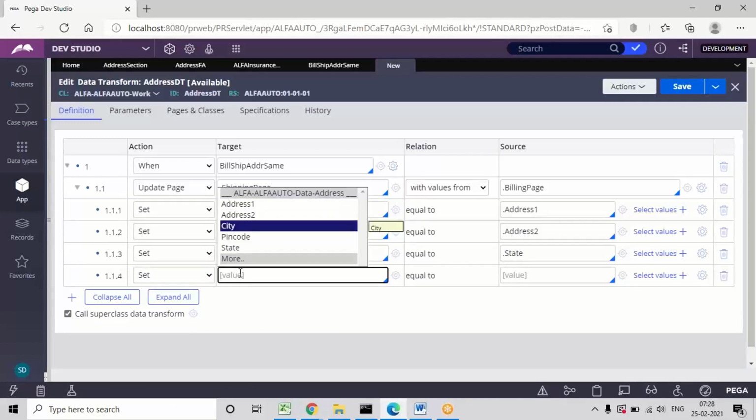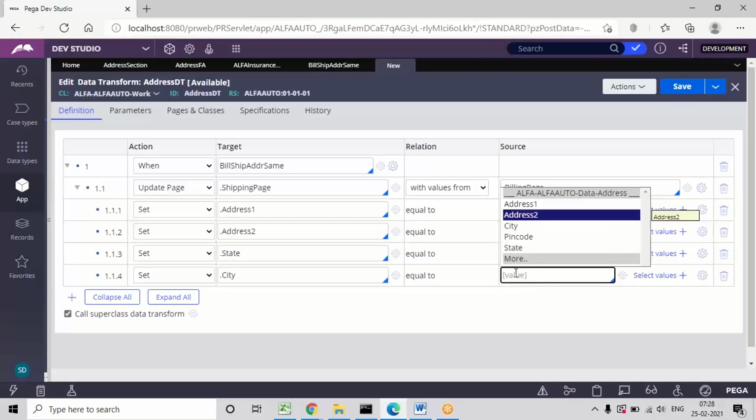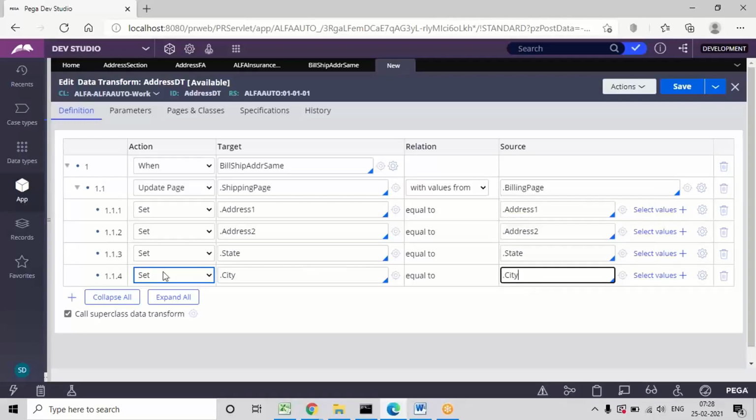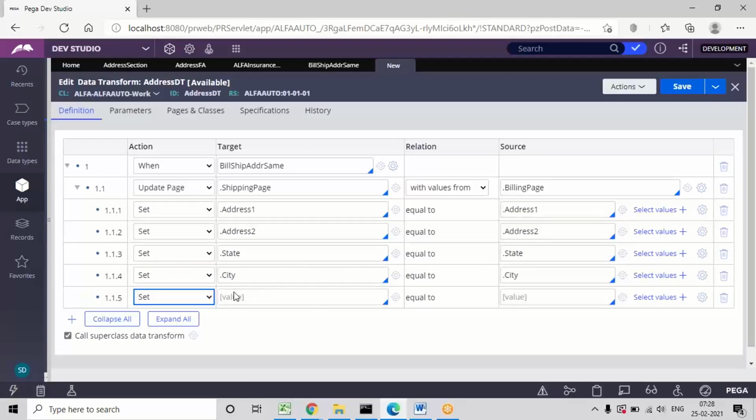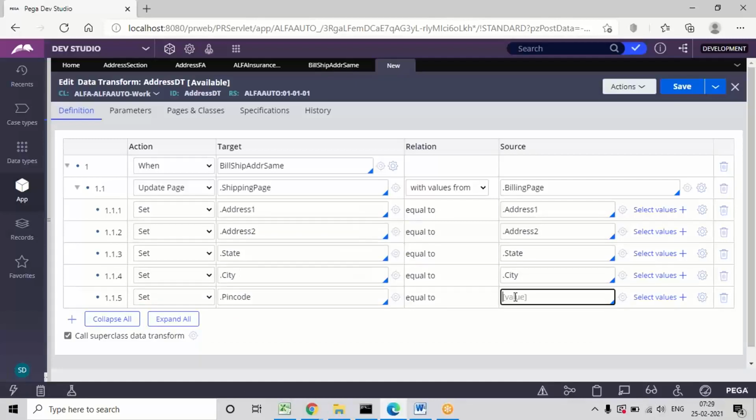Like this, according to our requirement, we need to use the functions and fill the parameters. So these all come under one condition, under one step. Step one has sub steps and all, but this complete step comes under one step. So if the checkbox is selected, it will copy the values from the billing page to the shipping page for all these fields. Now this is one condition.